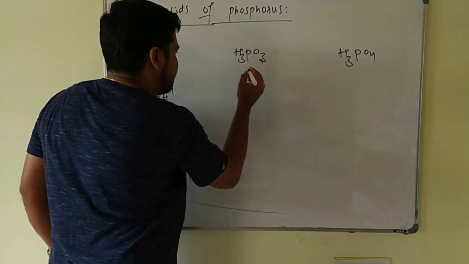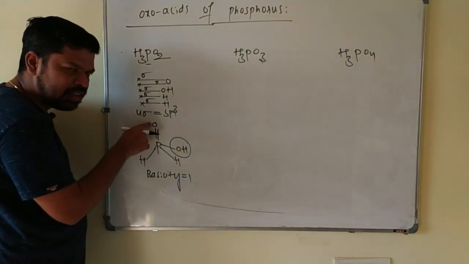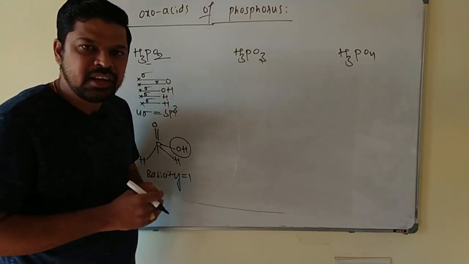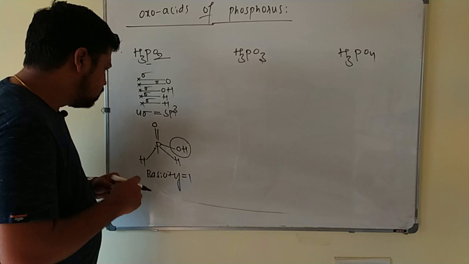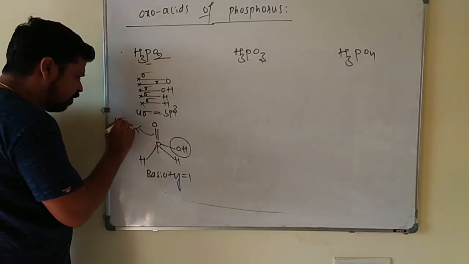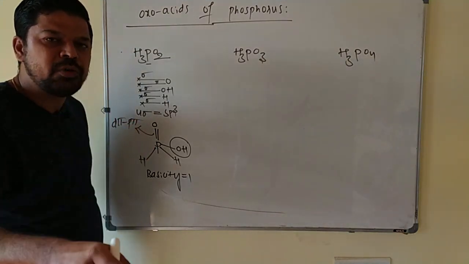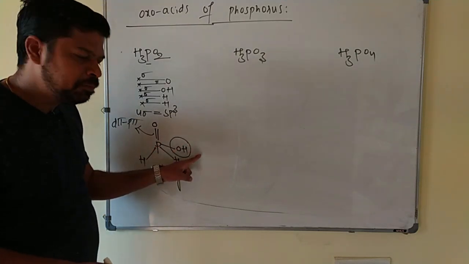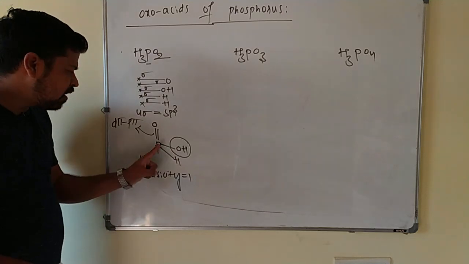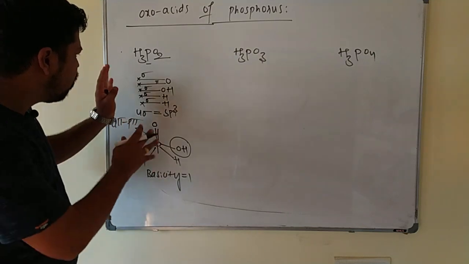Next point, H3PO3 we will go, and another point we will write here. Already we know this P double bond O, is it a pπ-pπ multiple bond or pπ-dπ multiple bond? It is pπ-dπ, or else you can call it as dπ-pπ also. So this acid contains one dπ-pπ multiple bond. In each oxo acid, you have to concentrate on the number of POH bonds, number of PH bonds, number of dπ-pπ bonds, what is the basicity, what is the hybridization of the phosphorus atom. Questions will be mainly framed on these things only.